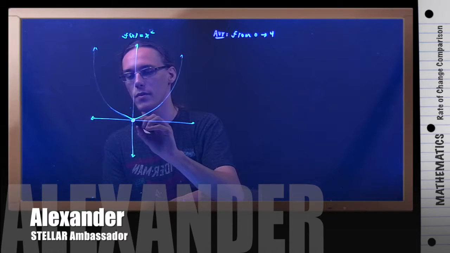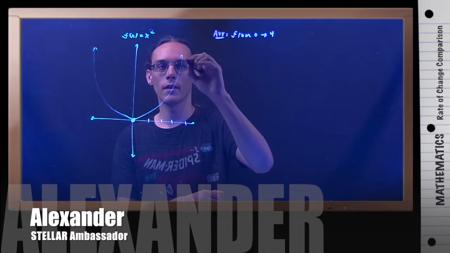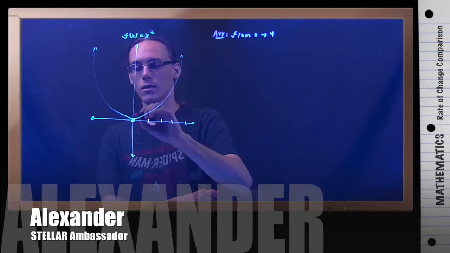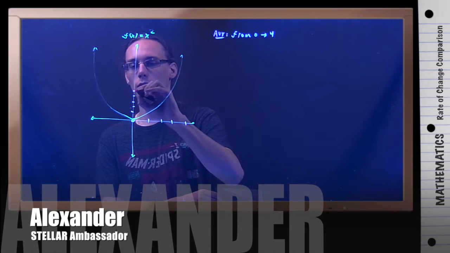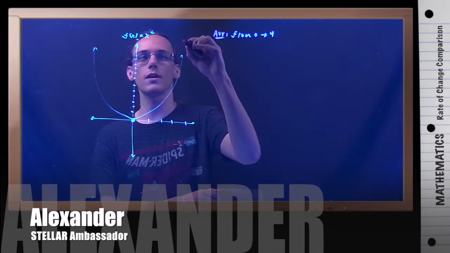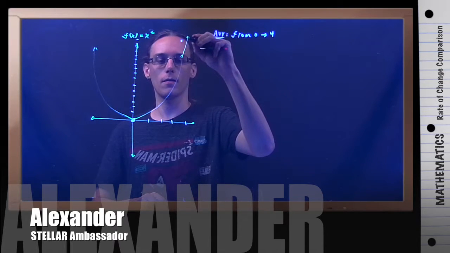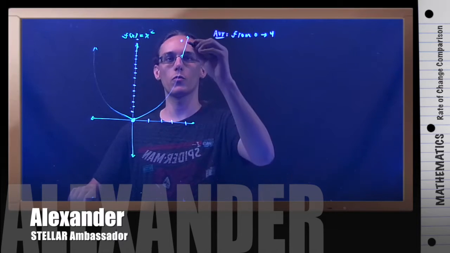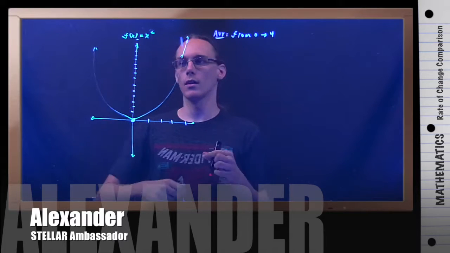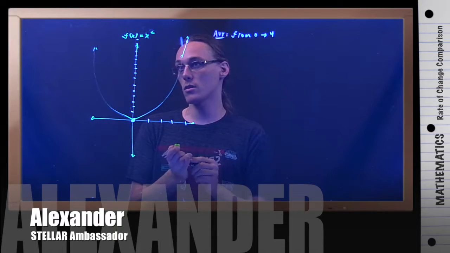So we're going to go from this point right here all the way up to 4. And if we go up to 4, that should give us a value of 16. So way up here. All right, cool. So we're going from here to here, and if we're doing the average rate of change, then